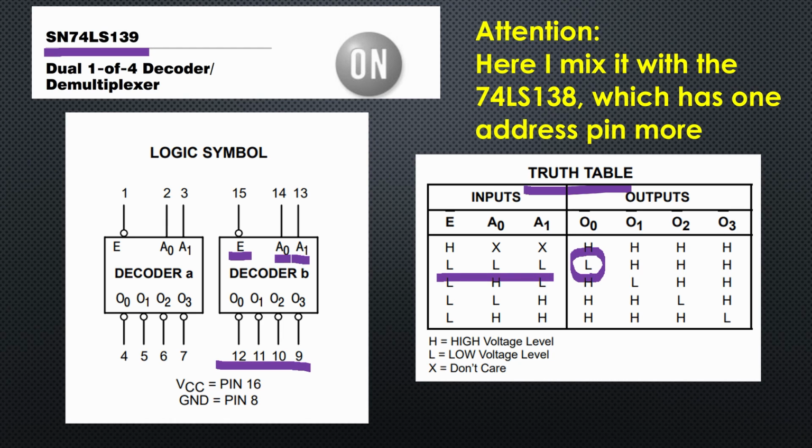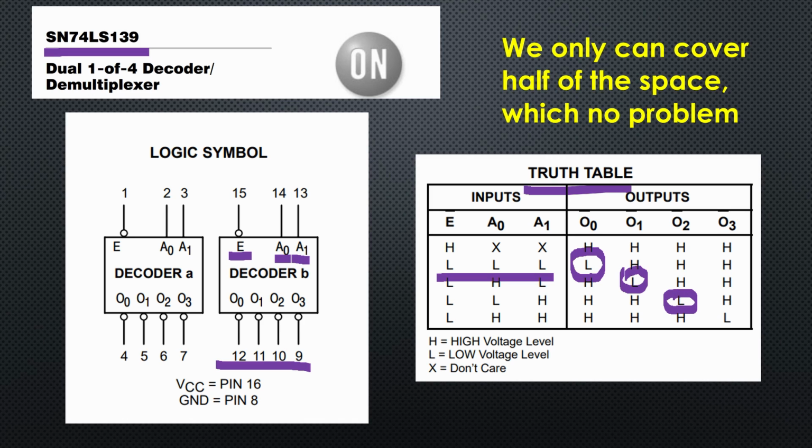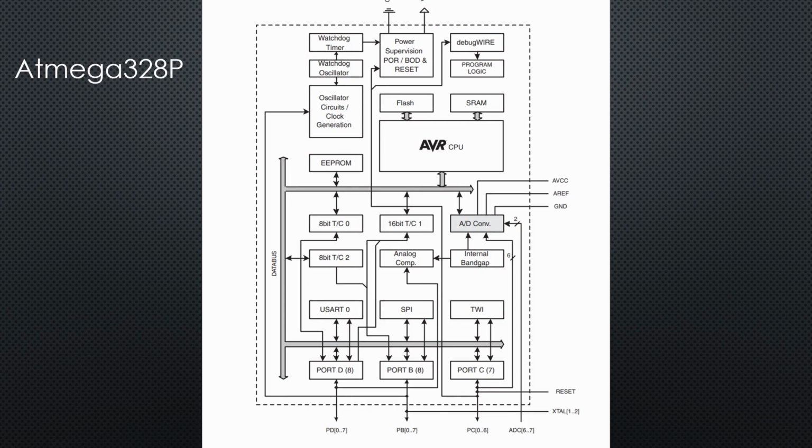This would be a direct replacement of our 4-input OR gate from before. If A12 is high, O1 is low, and if A13 is high, O2 is low. With such a chip, we can separate all our address space in 4 chunks of 4 kilobyte, exactly as we need for our small single-board computer. The only thing we have to do is to connect the 4 outputs to the respective chip enable pin of the other chips. If we go back to our Atmega 328P, we see that our computer still lacks I/O and